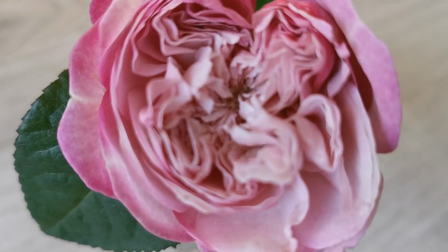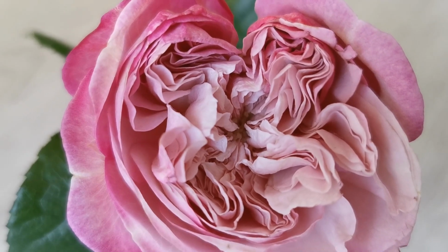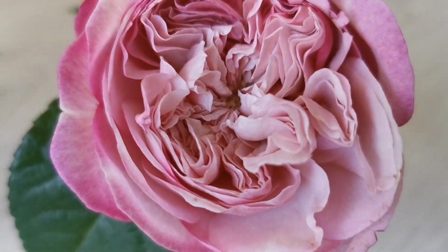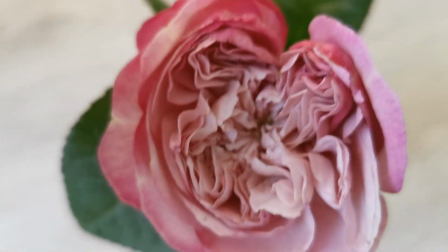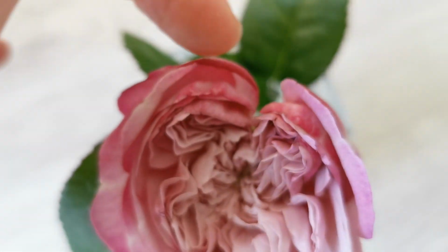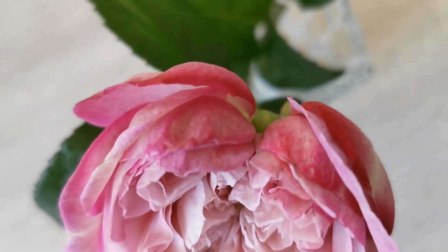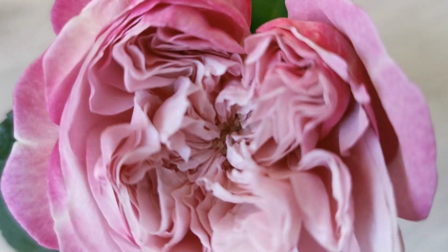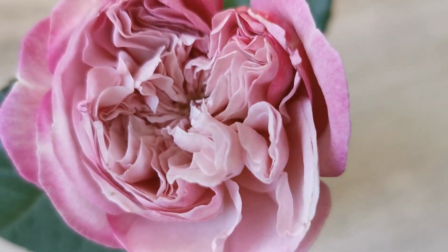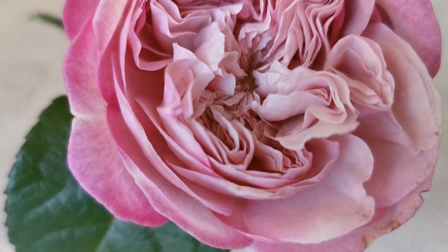So some of them, for example, are very pink, everything pink. Others are brighter. And I noticed that they have on one side, like this here, a darker point. So there is no symmetry with this rose. That's why they are so interesting. And you can see how the colors are mixed